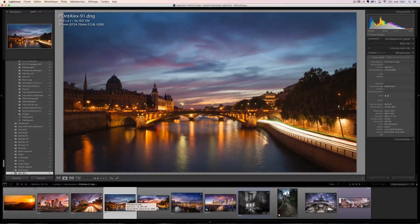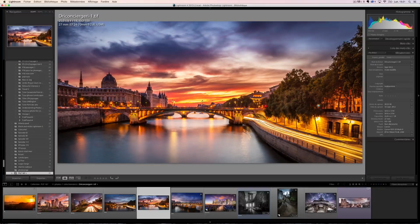I never shoot in AV mode when I shoot, or I try to be in manual mode as much as possible, because the camera does not know the look you're going for. The camera is going to expose your photo taking into consideration a database. But for example, for this photo, which ended up being the cover of my book in Paris,